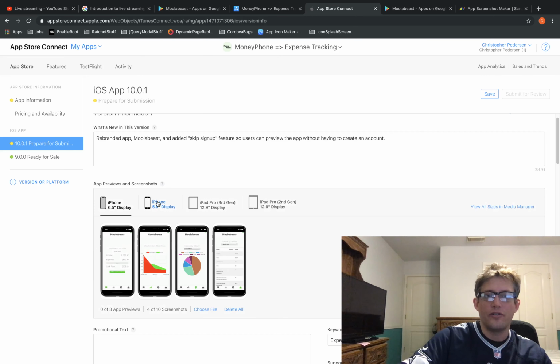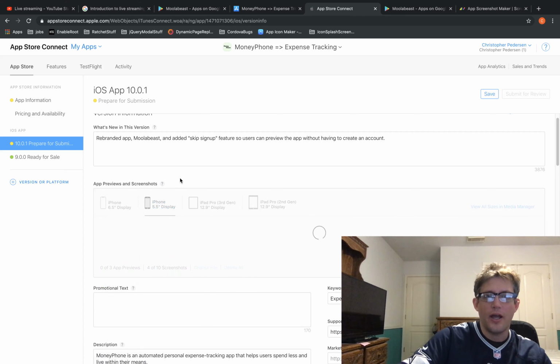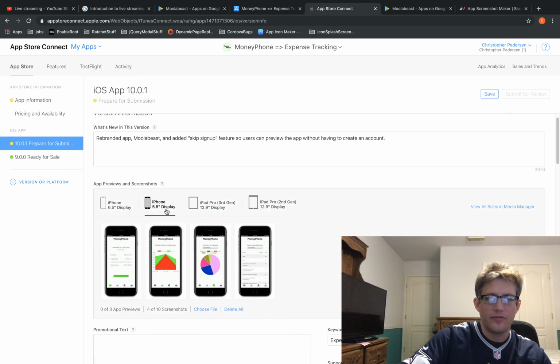Okay, and here's another little hack. So I'm gonna do screenshots for the 5.5-inch display, but for the iPad and the iPad Pro,